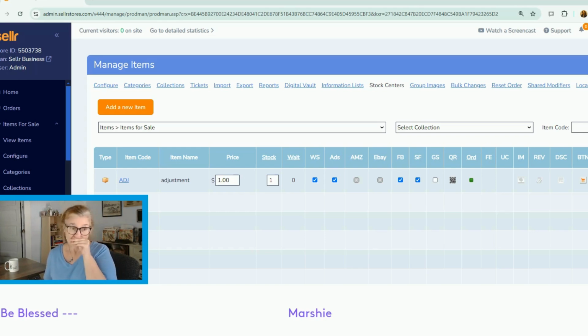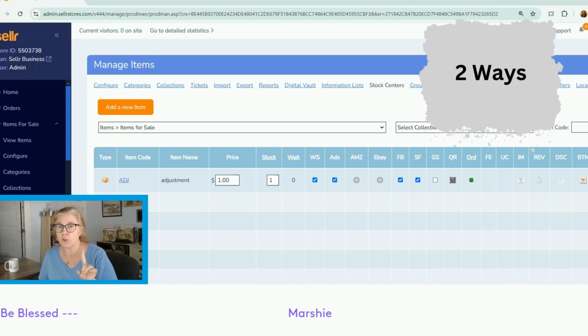So every year I work on a calendar for my students because I have classes. And so how I do this is I put in the dates once a year. I just make sure that I have all the dates in there. So the first thing you're going to do, and I'm going to show you two different ways to do shared modifiers. So the first way is under